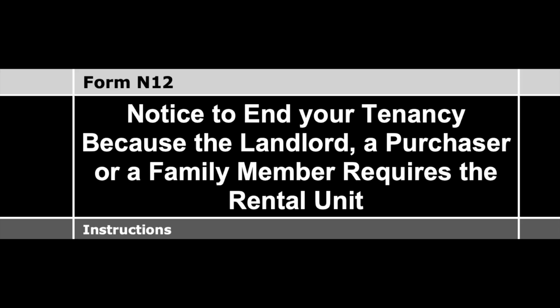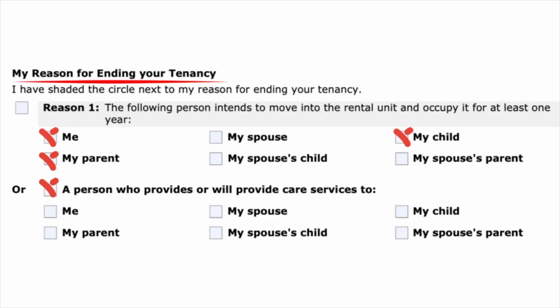The next one is the N12, which is the notice of eviction for your personal use. This notice is going to be given to the tenant from when they pay rent and they have 60 days to move out. Now, understand, you give the tenants this notice for your own personal use, your parents' personal use, your child's personal use, or your caregiver's personal use. You can also use this if you sell the property and the new buyer requires the property for their personal